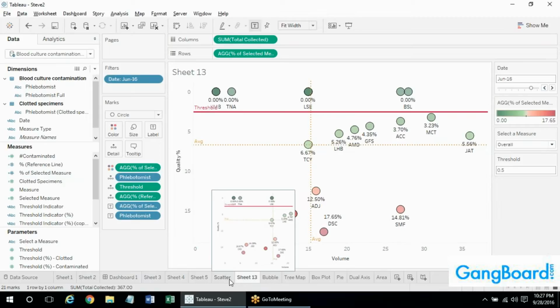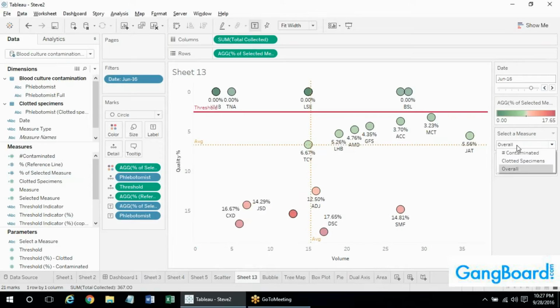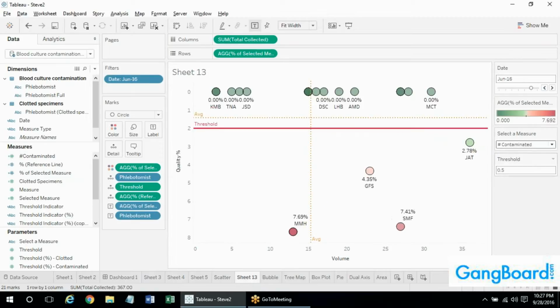Yes, but if you click and select the measure from overall to contaminated, or to clotted, yeah. Oh, great. So now the layout is already copied. That's great. Or if that was your question, we had it on our measure, the measure which we have,